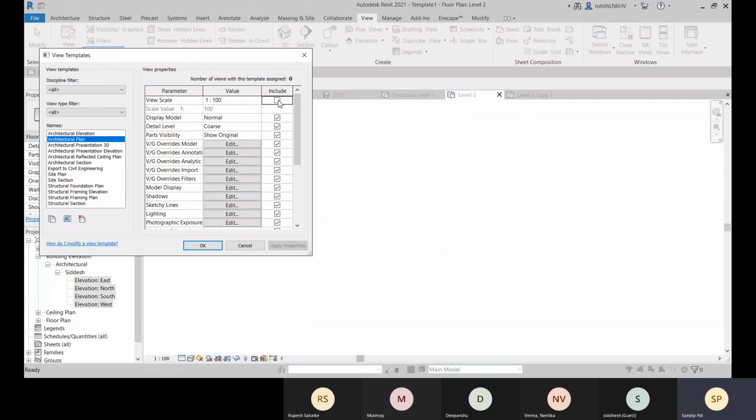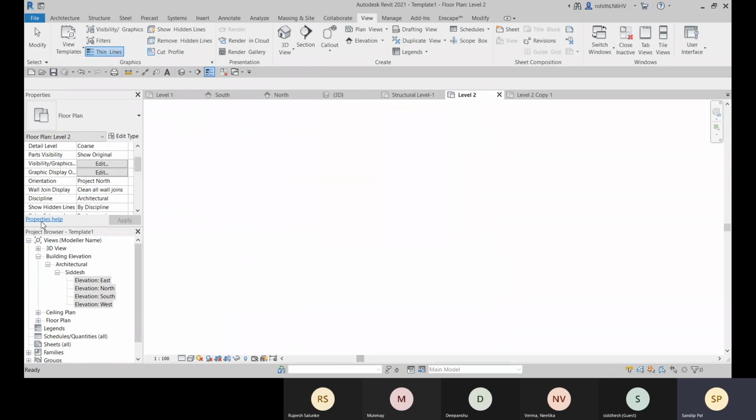So it will not be included. Out of this view template, you can change the view scale also. So if it is needed, you can go for this to exclude. All right. So now let me exclude this and click on OK. So this is the architectural plan.